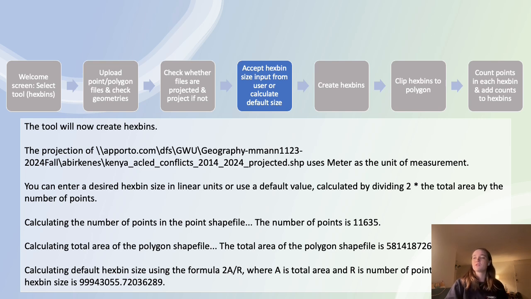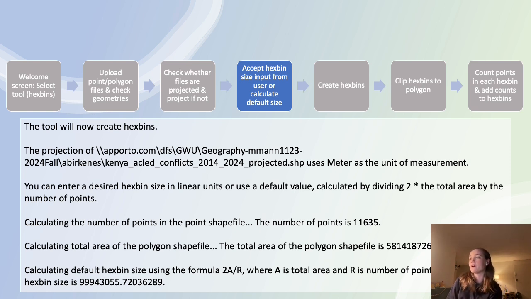And so as a user, I can input my size in meters, or I can just have the tool create the default value by dividing 2 times the total area of the polygon by the number of points in the point file. So in this case, I've selected the default option, and the printout reads that it's calculated the number